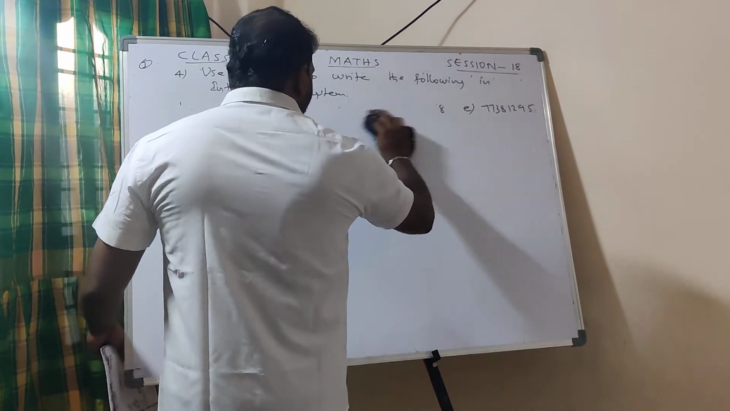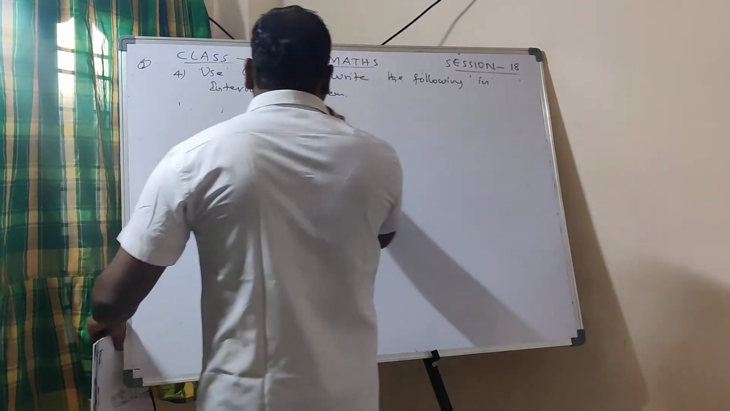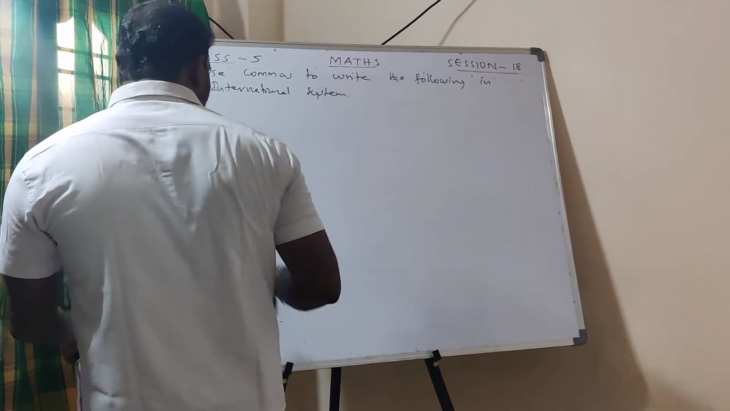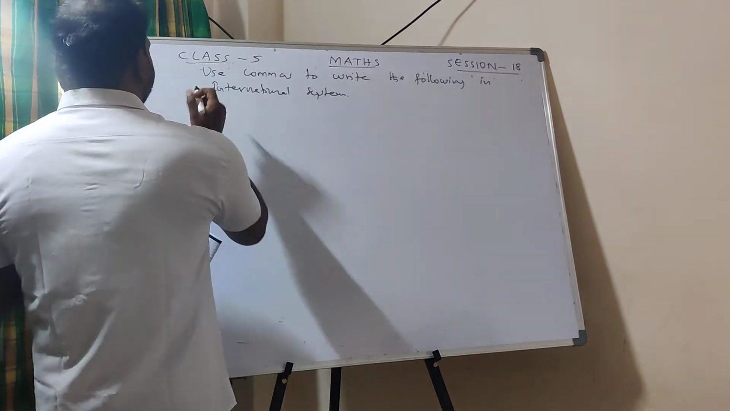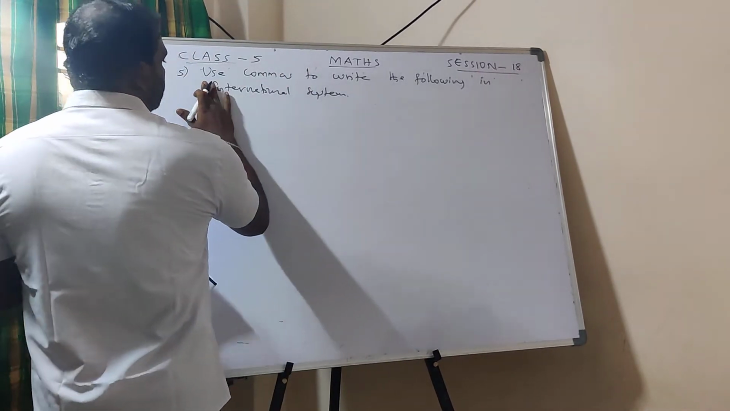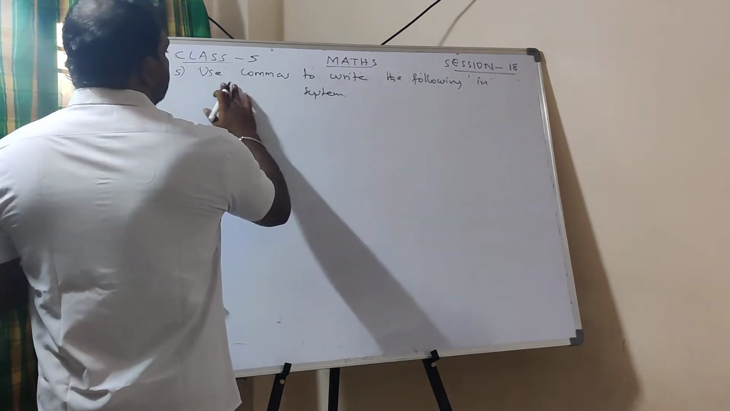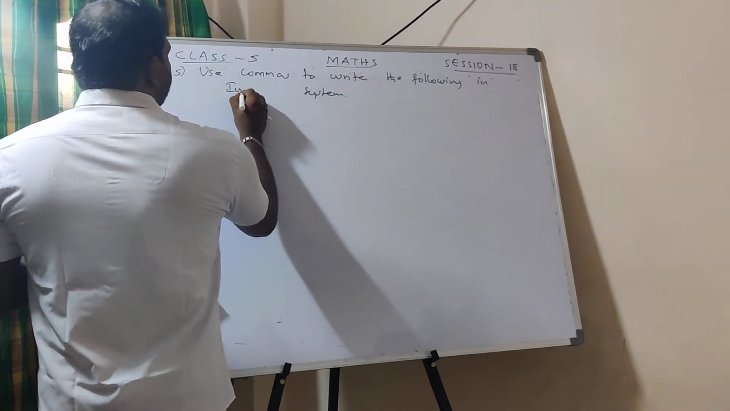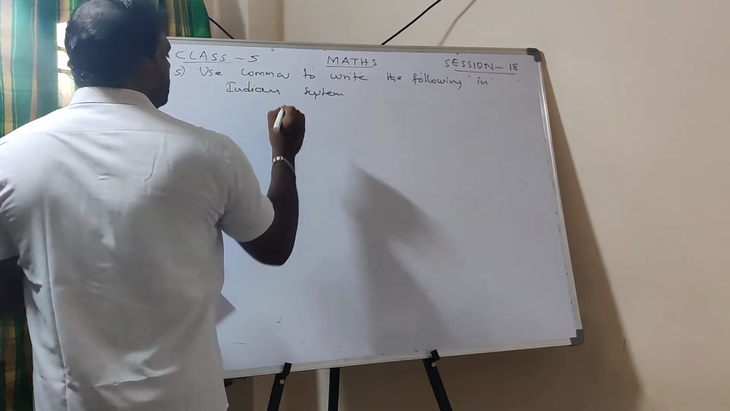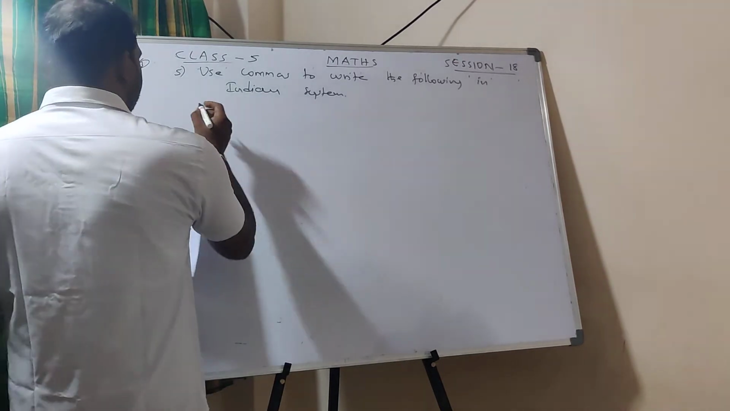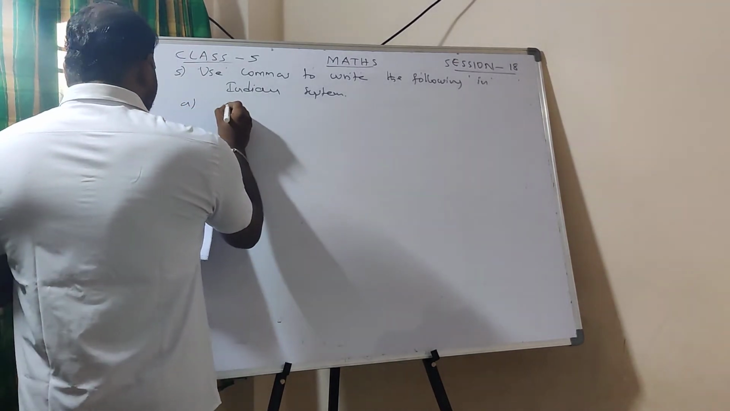Now I'll go for question number 5. The same type of bit, but instead of the international system, it is given as Indian system. We have to write. Okay, so in this one also, I'll explain 2 questions. The first one is